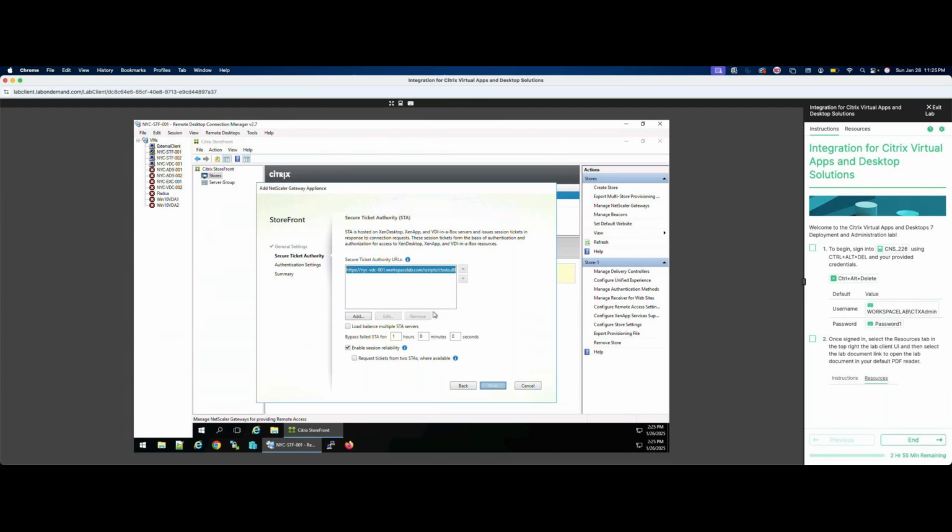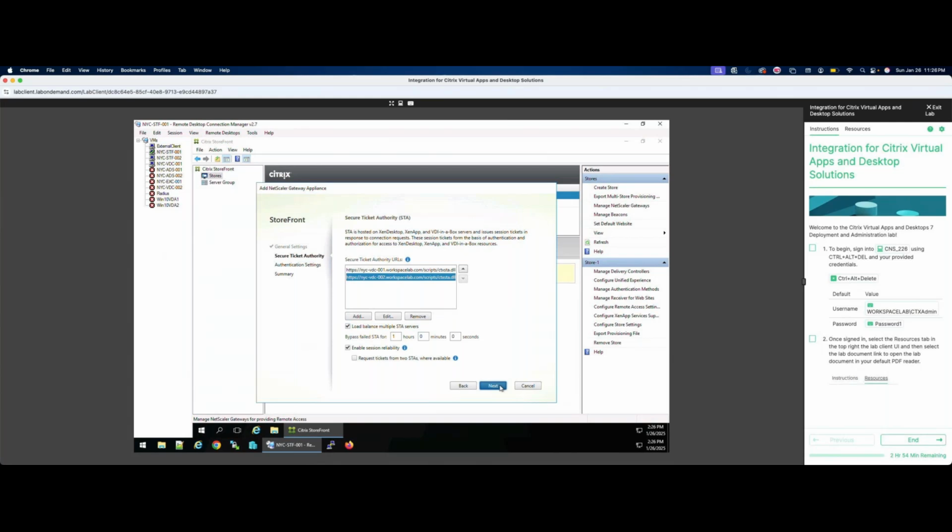If you have more than one, you add the second one also, right? nyc-vdc-002.workspacelab.com, and I would add both of them, right, sir? And I'll just do the load balancing from the storefront, but not from the gateway. And I'm gonna go next,